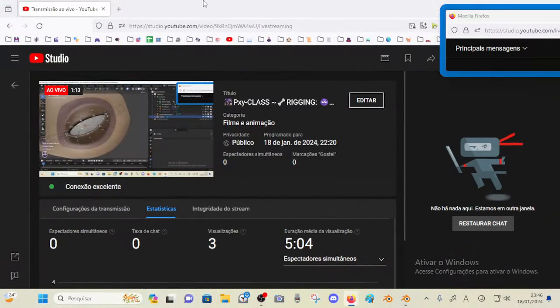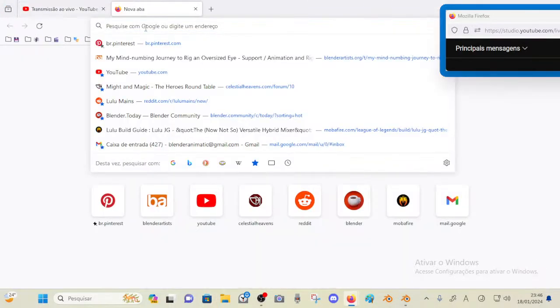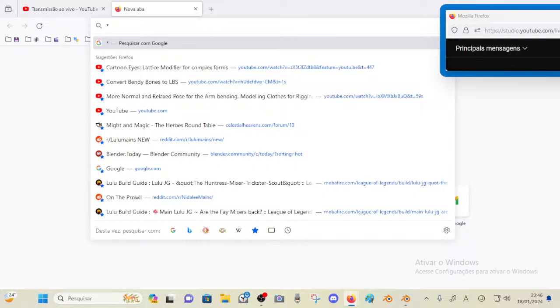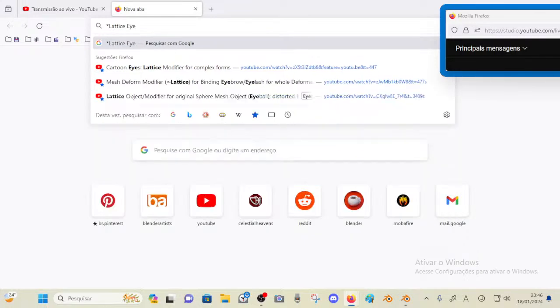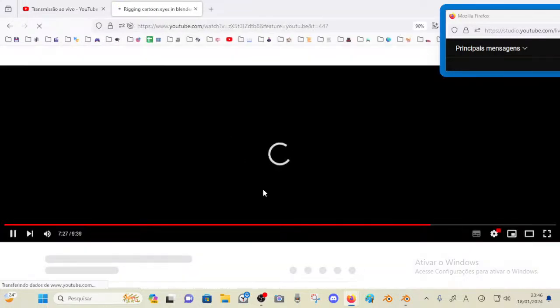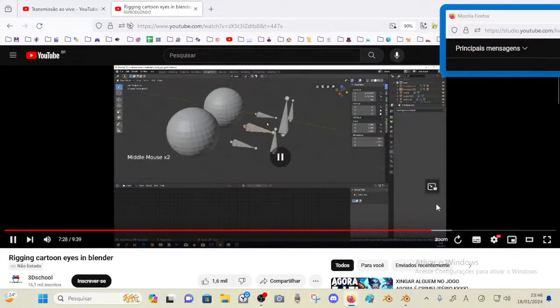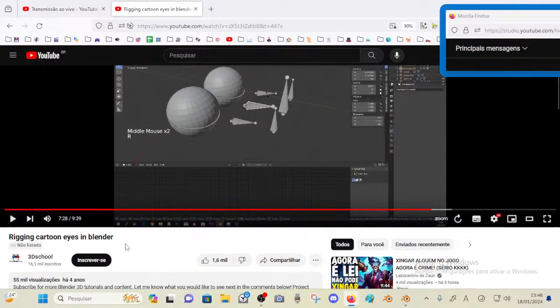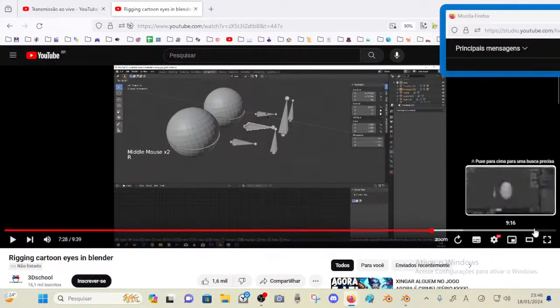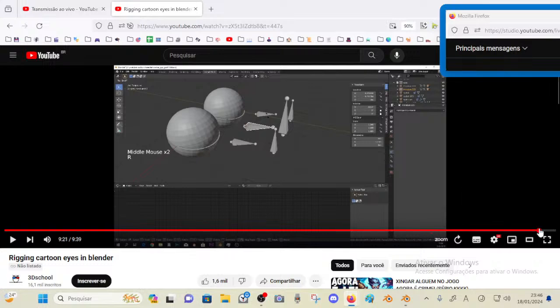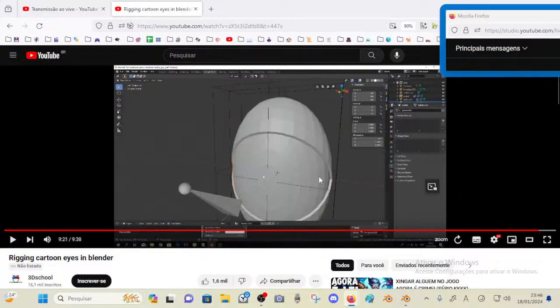By the way, if you're curious, there is lattice eye, cartoon eyes. So there is this tutorial from 3D school. It's a 4 year old tutorial and I already showed that technique in the end, but it shows the example with an eye that might not be the case of